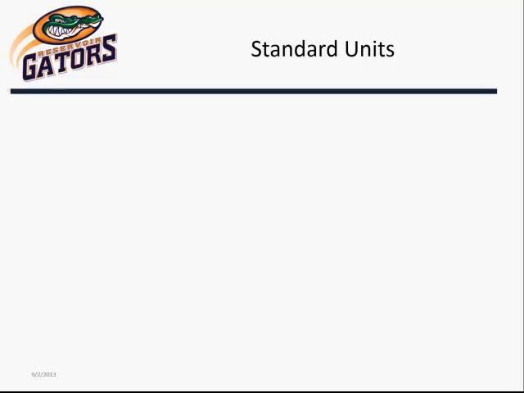So the first unit that we use is the one that goes along with the dimension of length, which is the meter. Originally, the meter was intended to be 1/10,000,000th of the distance from the Earth's equator to the North Pole at sea level. Its definition has been refined to reflect the growing knowledge of metrology, which is the science of measurement. Since 1983, it has been defined as the length of the path traveled by light in vacuum during